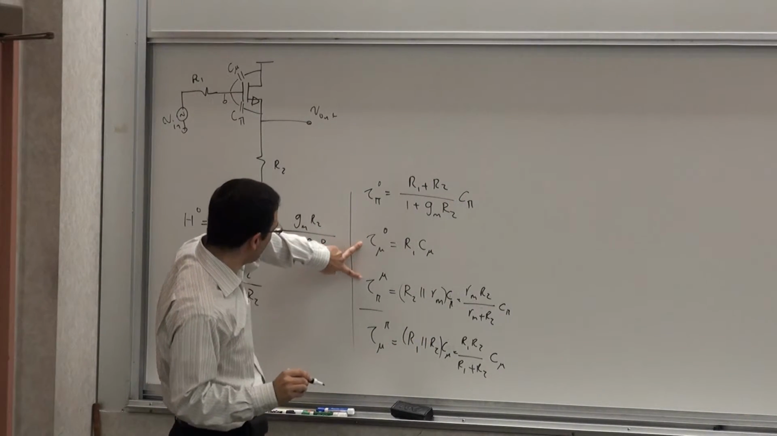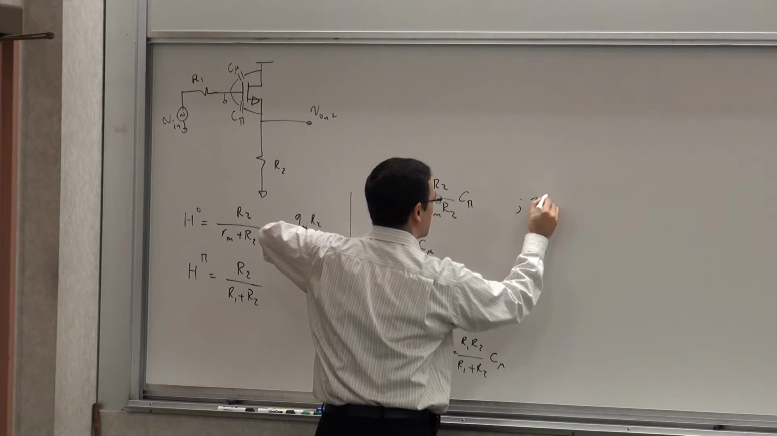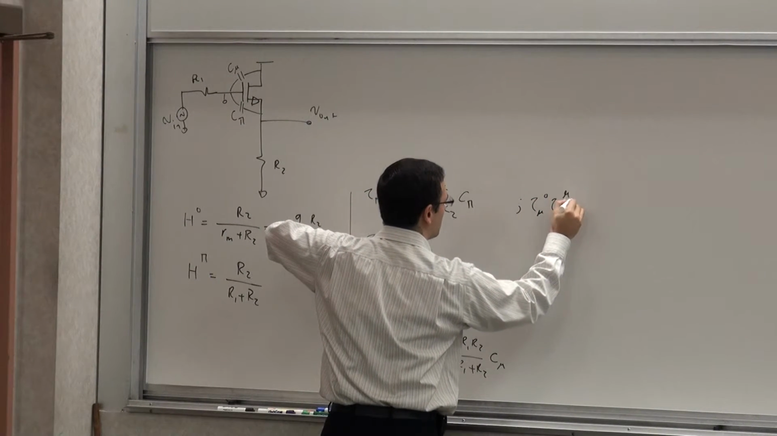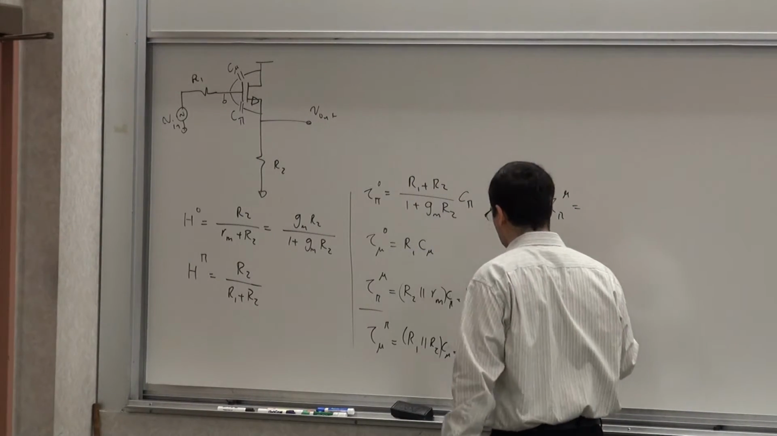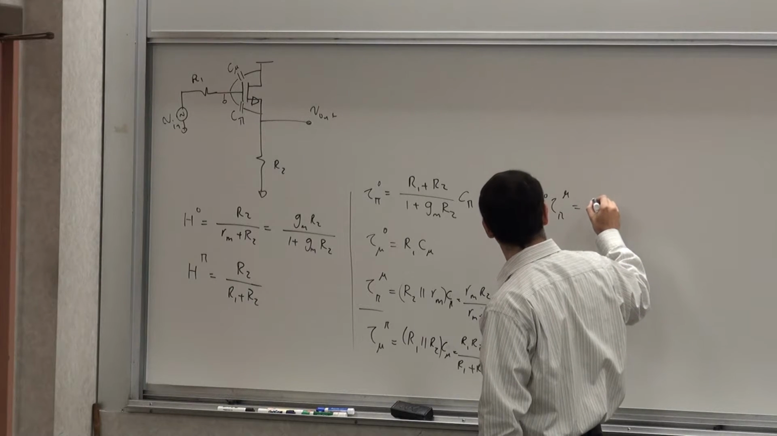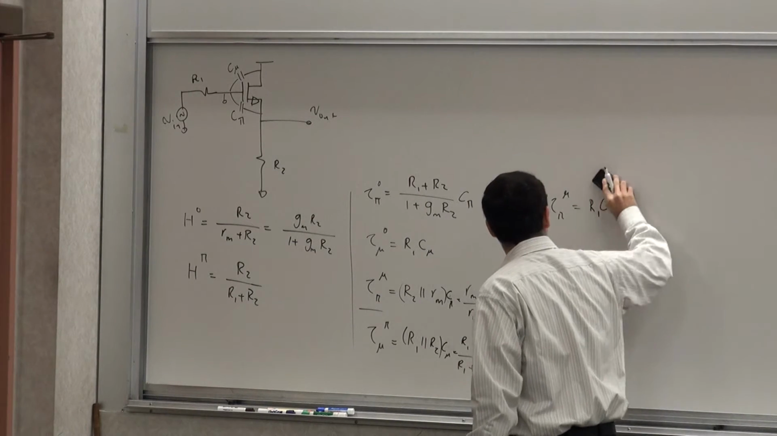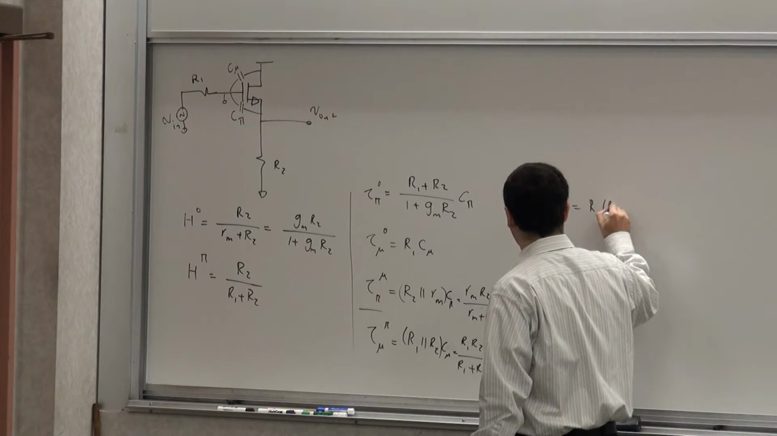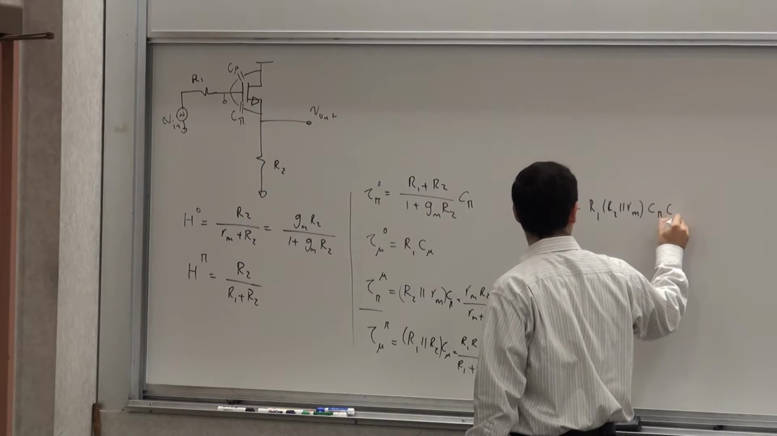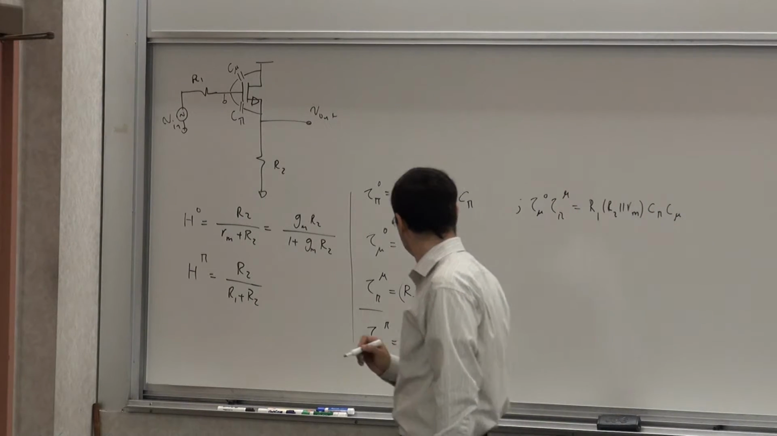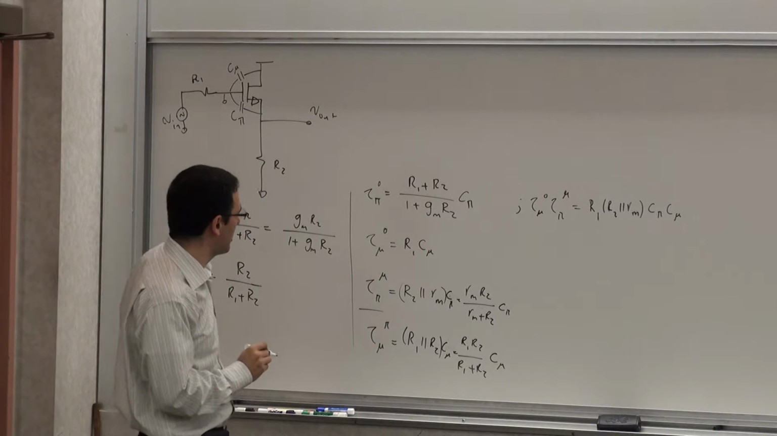So let's do this one and that one, which as I targeted, is basically tau mu 0 times tau pi mu. And I promise I won't do this every time, just a couple of times. So you get basically R1 times R2 parallel Rm times C pi C mu. And we can do this one,